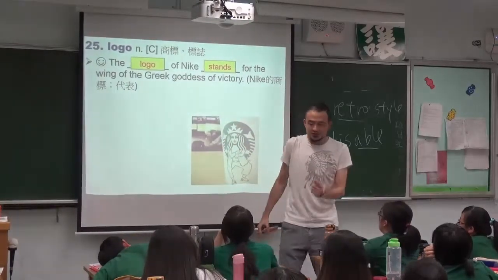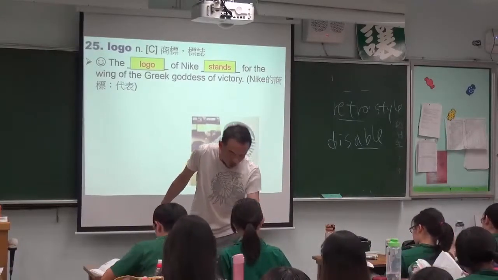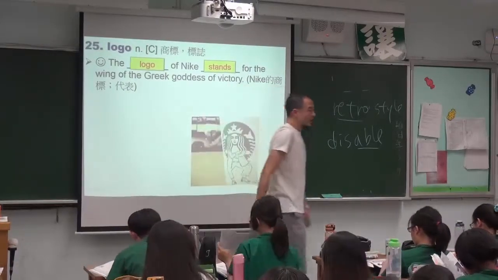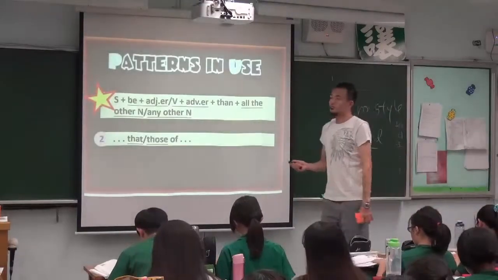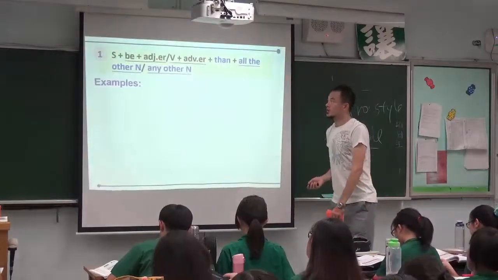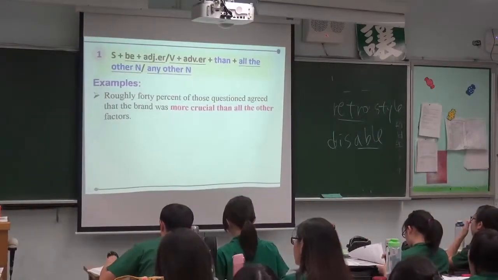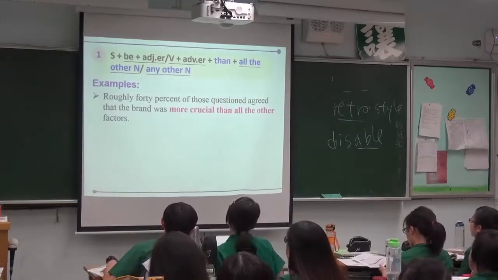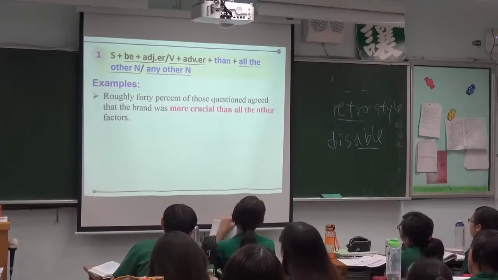If not, we need to cover one sentence pattern. So can we go to the first sentence pattern in the book? It's on page 154. Page 154, the sentence pattern very easy. So we'll finish it quickly. Here, the first sentence pattern. Okay. So here, the first example. Would you please read it together? Roughly 40%